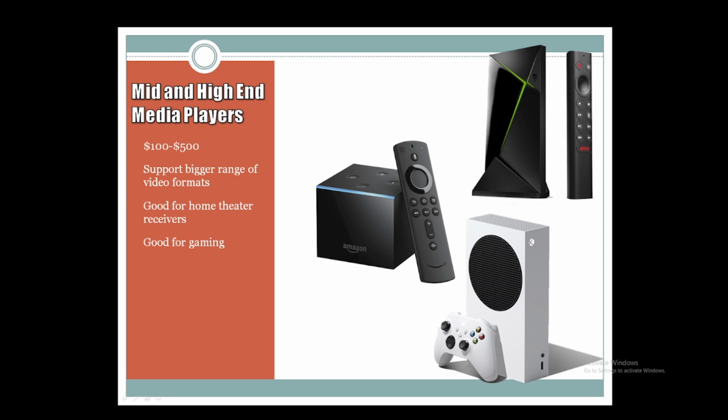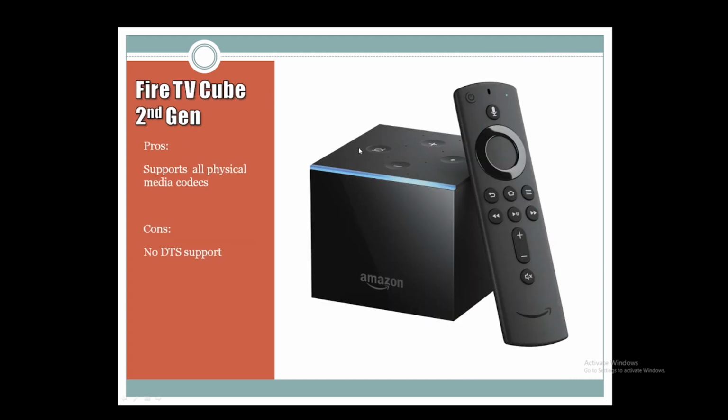Now let's get to the mid-tier and high-end media players. Okay. These media players range from $100 to $500. These are the media players that you kind of want to have in your main entertainment space, taking advantage of a home theater setup. So the first one on the list is the Fire TV Cube second generation. The biggest reason you want to jump from a Fire Stick to this is for the personal media, in my opinion. There is still one codec that the Fire Stick nor the Chromecast can handle, and that is the VC1